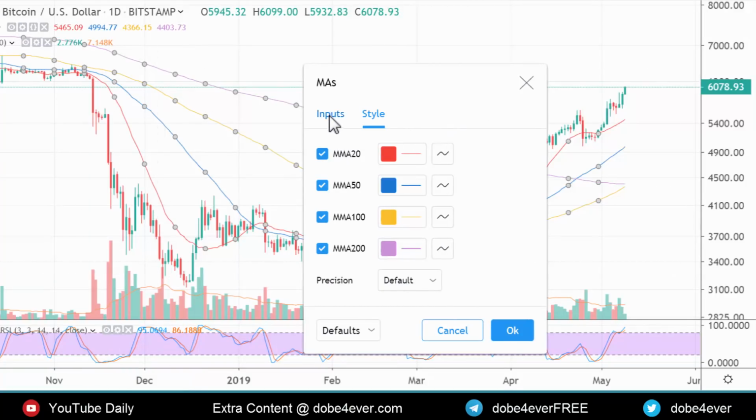can see you don't even have any settings to choose a different length moving average. The standard is the 20, 50, 100, 200. You cannot even change this number because these are the standard moving averages used in trading. Of course, as a trader, you can use different numbers, different settings, but the standard ones,